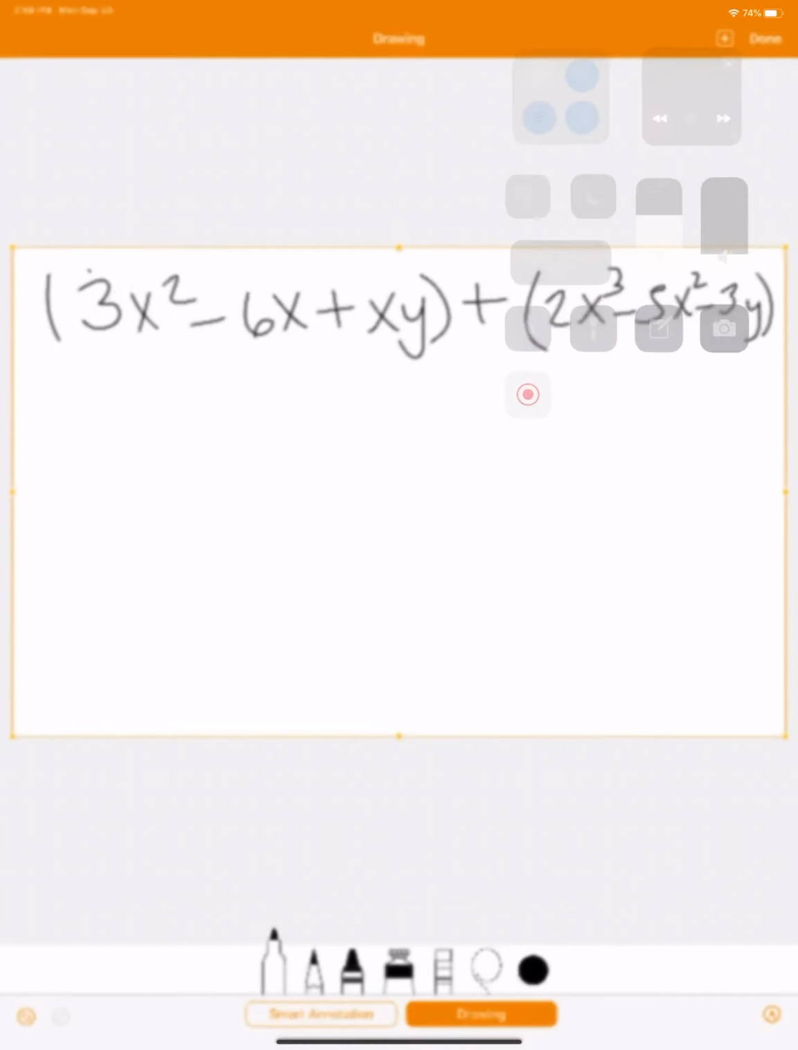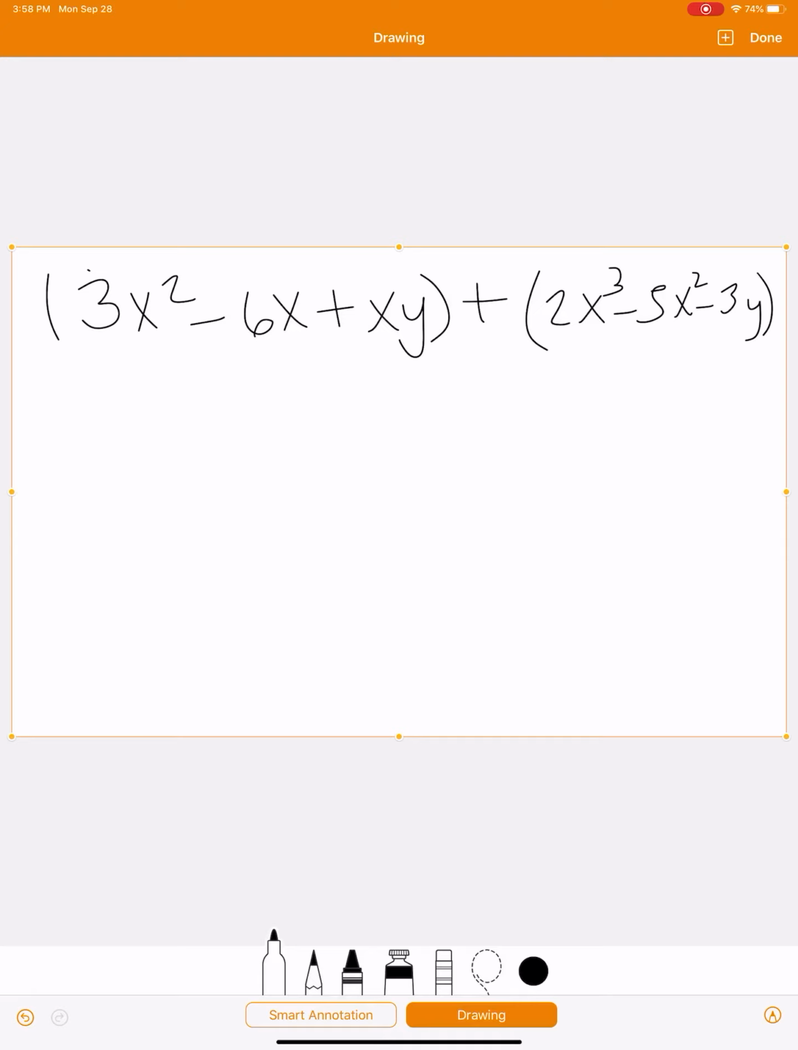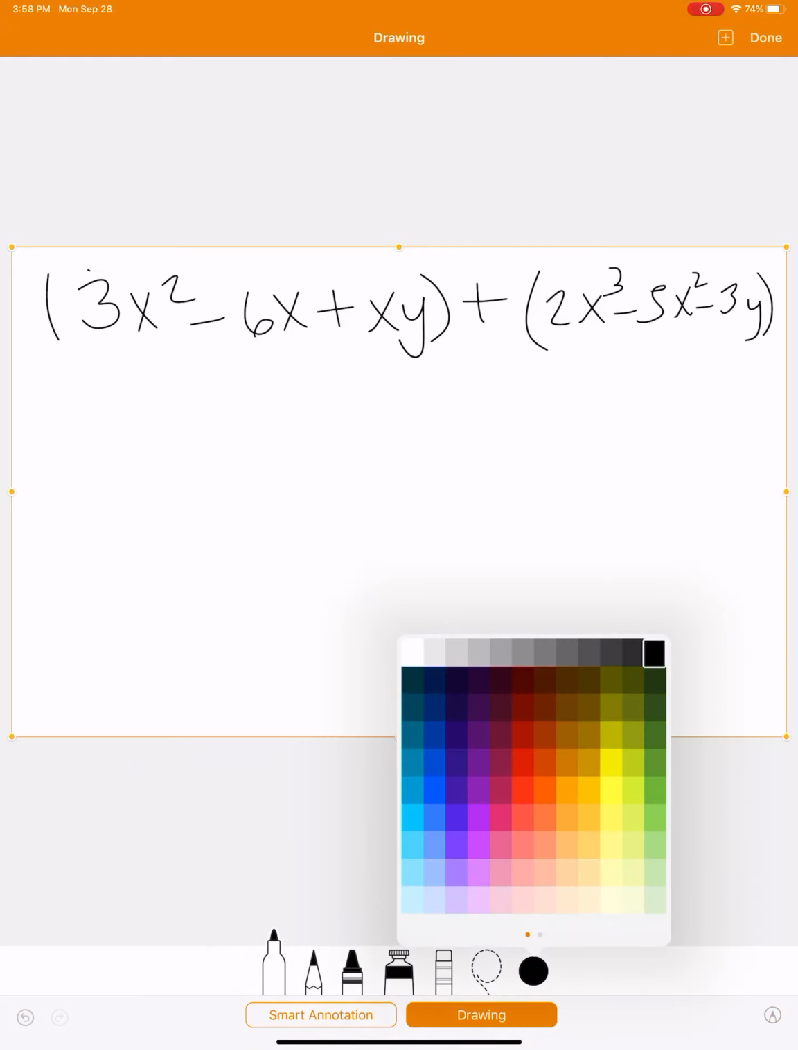Hi class, now we're doing a second example and it's also telling us to add the polynomials, which is why I put that plus sign in the middle of both polynomials, because that means I'm adding them. Again, if we refresh back to my first example, the first thing I'm going to do is divide my different